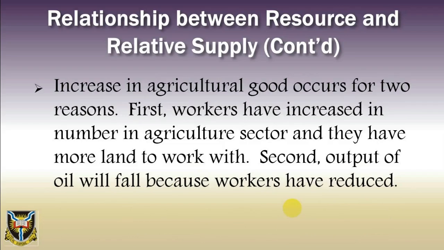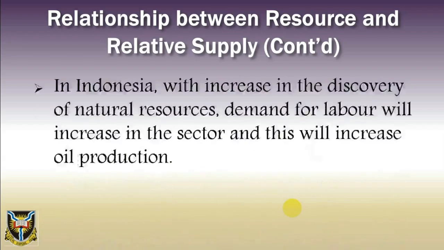Increase in agricultural goods occur for two reasons. First, workers have increased in number in agriculture sector and they have more land to work with. Second, output of oil will fall because workers have reduced. Thus, for any given relative price, an increase in the cultivated area of land will increase agricultural output and decrease